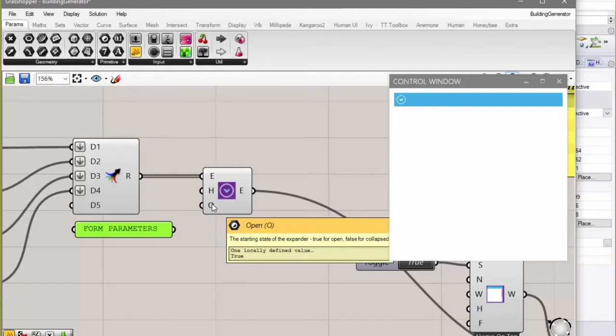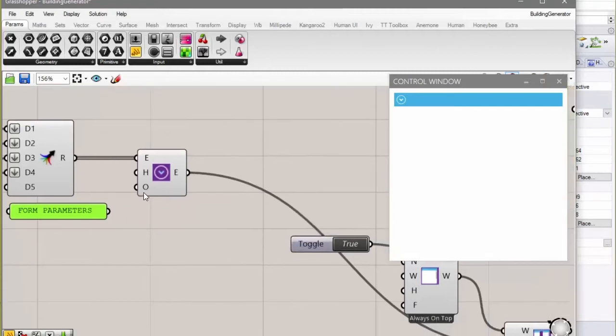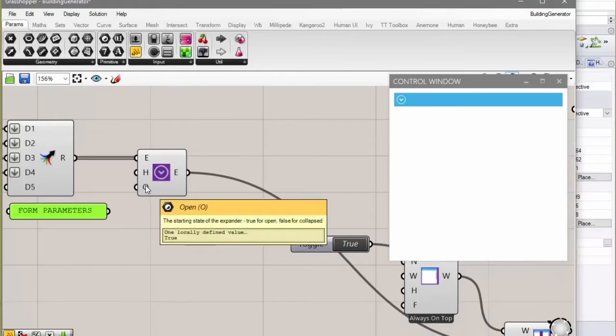So what you want to do is just hover over them, and then it'll be kind of quite explicit. So starting state of the expander, true of open. So that's if you want it to be open when you start the window or not.